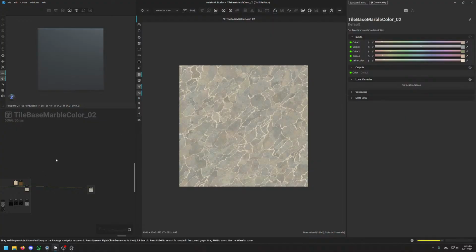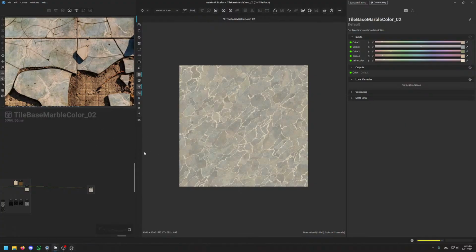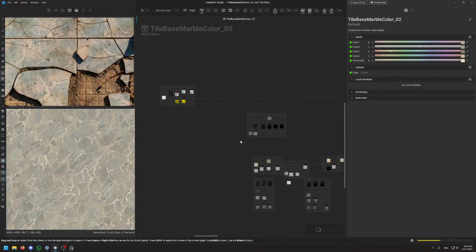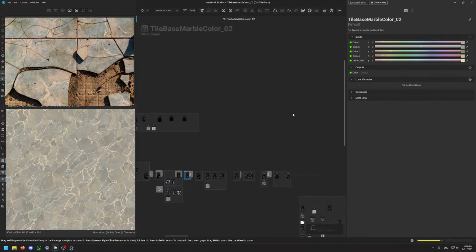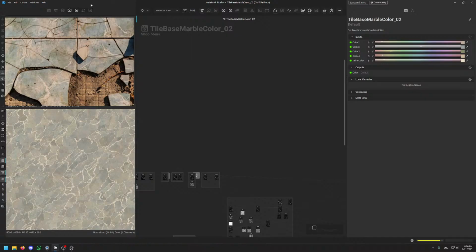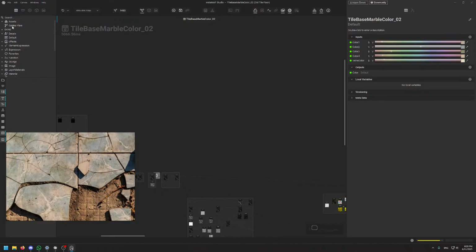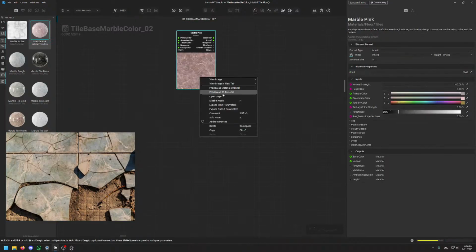Yes, I'm going to bring back the reference. We don't really need the 3D viewport, and let's go through it again. So yeah, the graph is a bit long, and I also talked a lot about, and shoot, I deleted it already. Oh my god. All right, so if you go to the InstaMAT library, search for a marble material, any of those really. Let's take this marble pink. If you open the graph